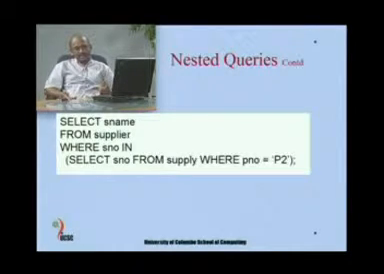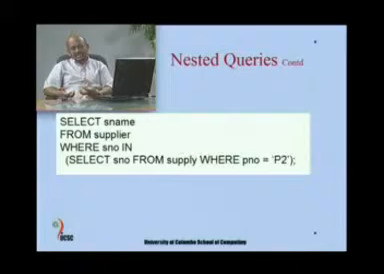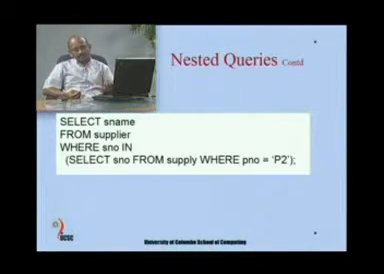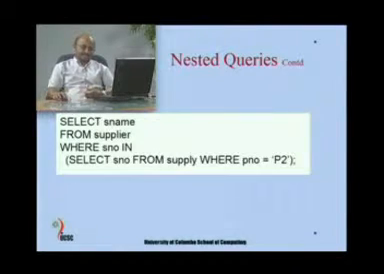Then those are taken as a set of values and we have used the IN keyword that was mentioned before. In the supplier table there are all the supplier details, and for each supply number we are taking the corresponding name by matching these numbers extracted from the subquery with the supplier table, and you get the corresponding